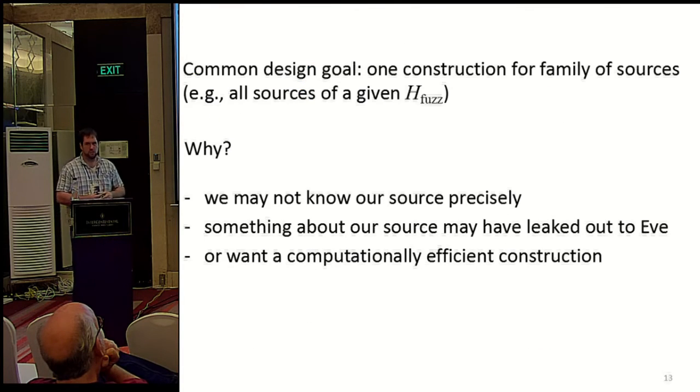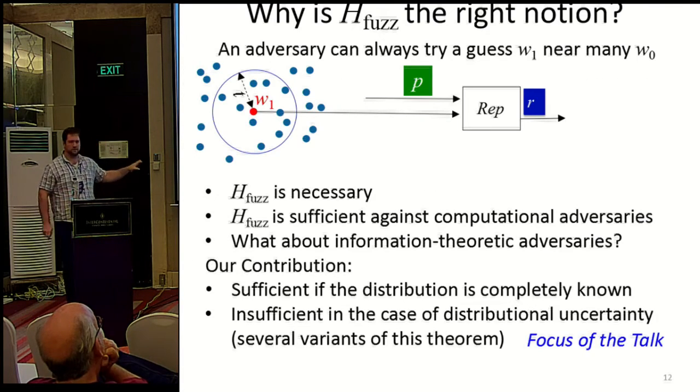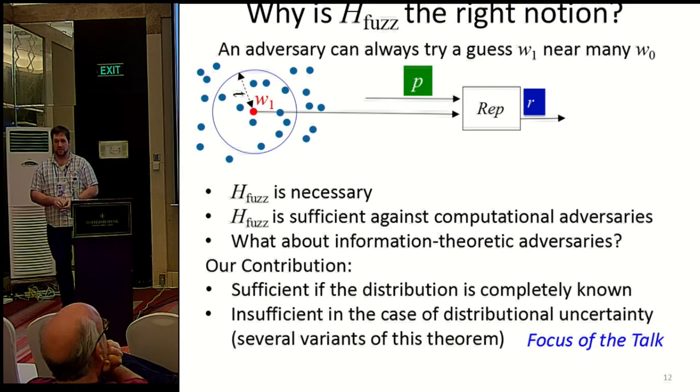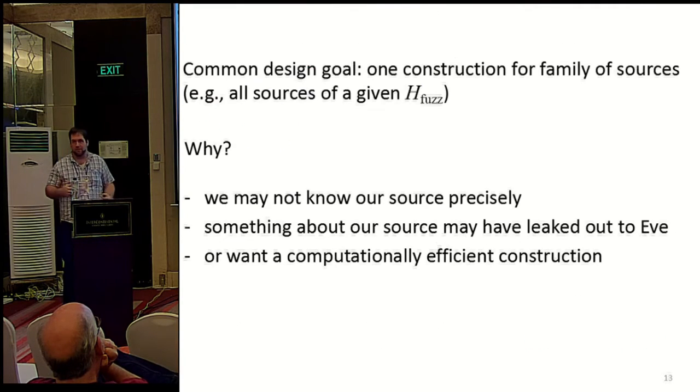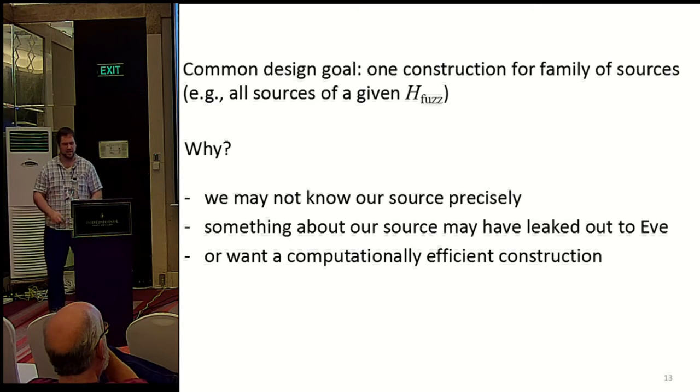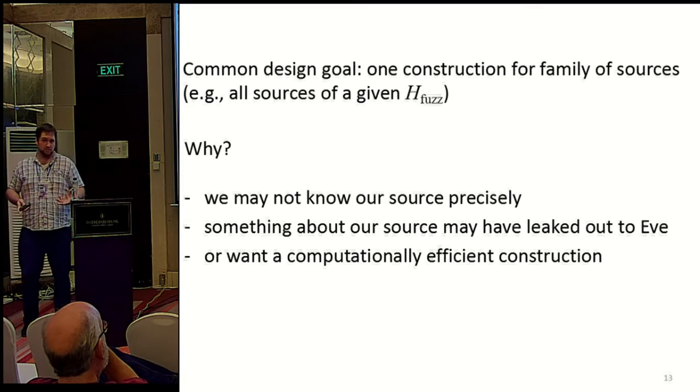So, right. The reason we want to focus on this case of distributional uncertainty is that's almost always what we're working with. In the randomness extractor setting, you want to provide security for all sources with a certain amount of min entropy. So here we'd like to provide security for all sources with a certain amount of fuzzy min entropy, the same kind of condition as in the extractor setting. There's many reasons why you would want to do this. The first is that if you're